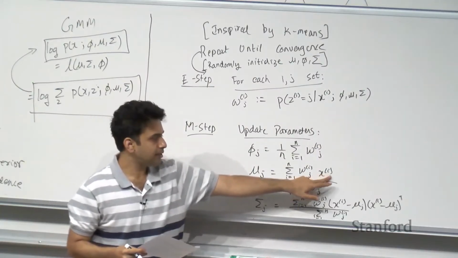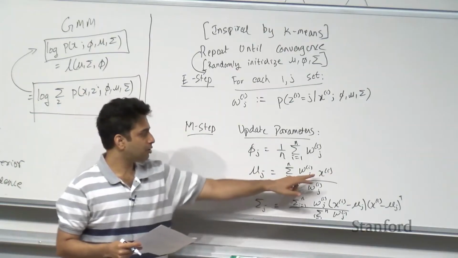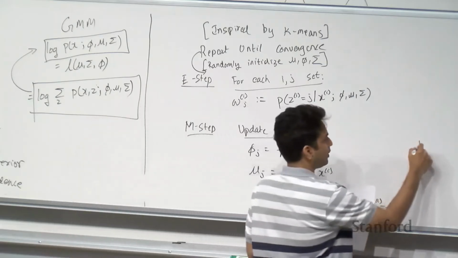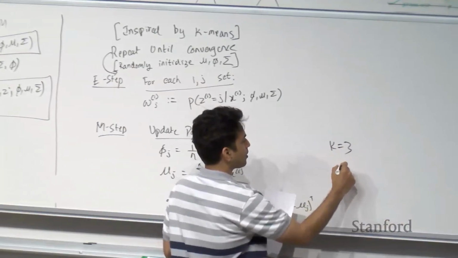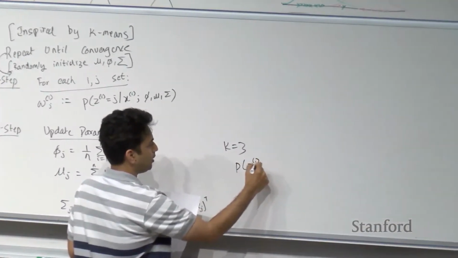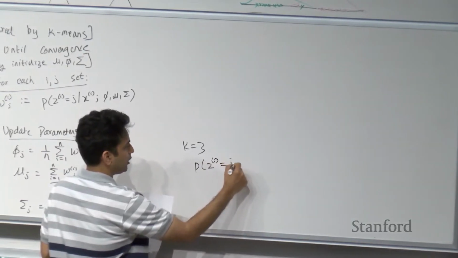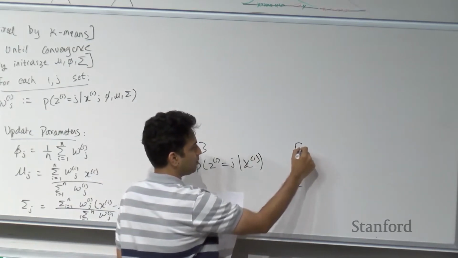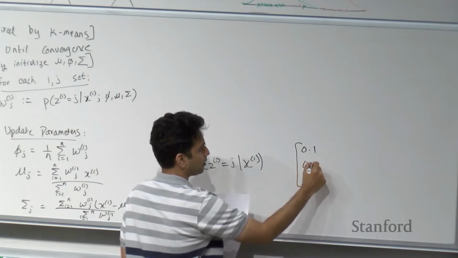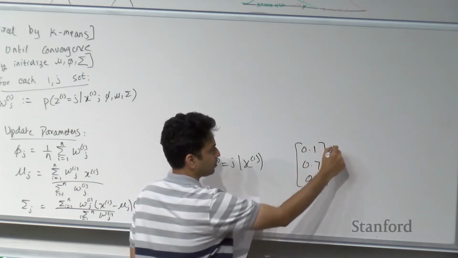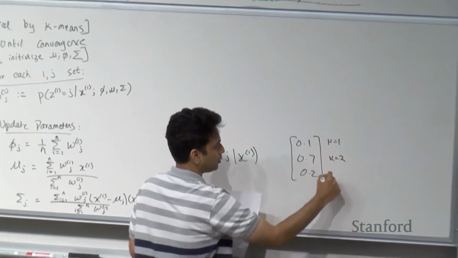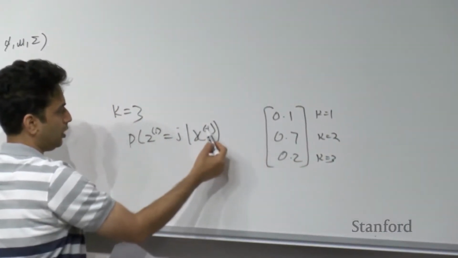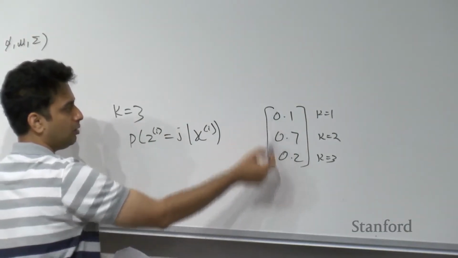So for example, xi will have a weight of, let's say, if there are 3 centroids where k equals 3, then P of zi equals j given xi could be some kind of multinomial distribution like 0.1, 0.7, 0.2, where this belongs to k equals 1, k equals 2, k equals 3, where if mu2 was close to xi, then it would have a higher weight,